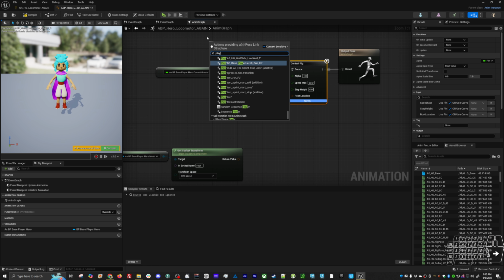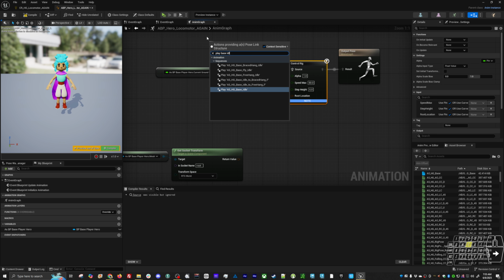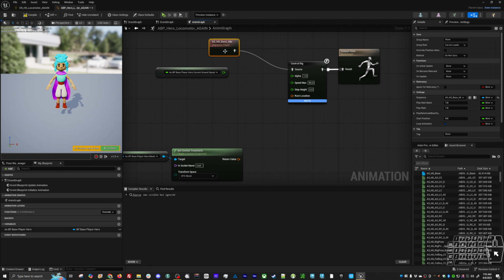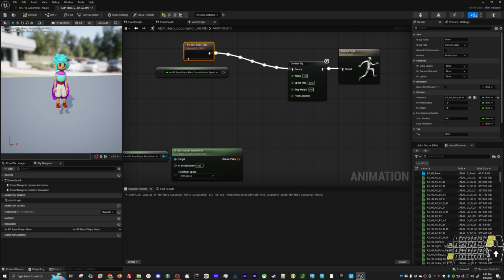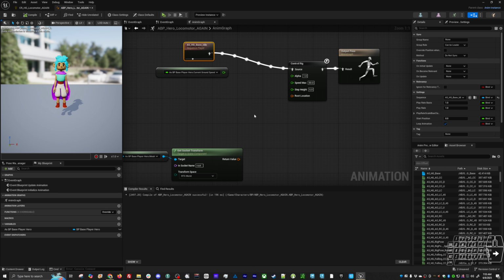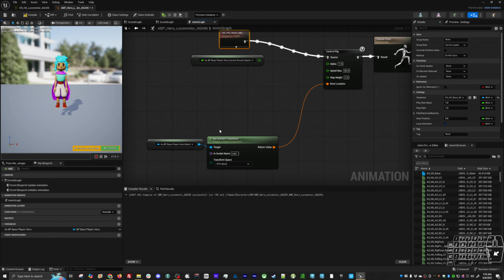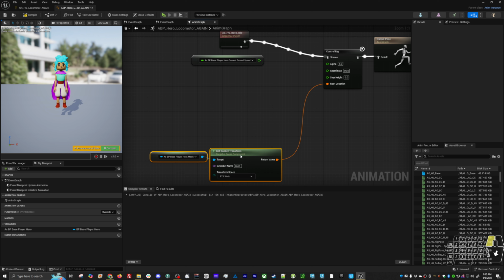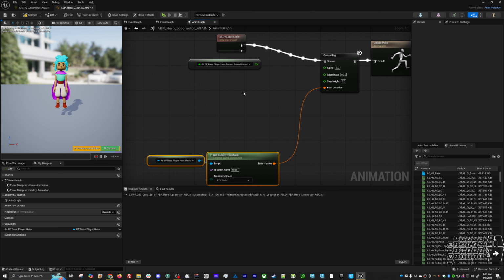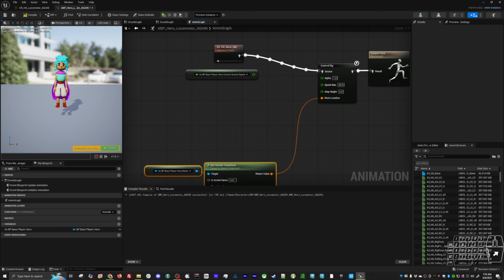So play face idle. There we are. Now we're playing an idle animation. So that's great. Next thing we want is the root. Set that up. So this can be driven by where our actual capsule is and where it's moving our root to. And our speed,